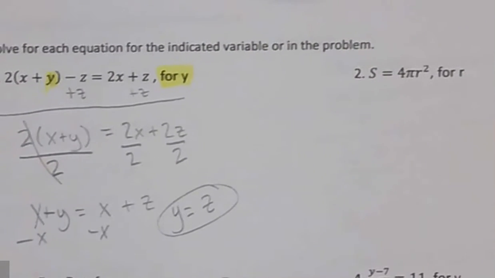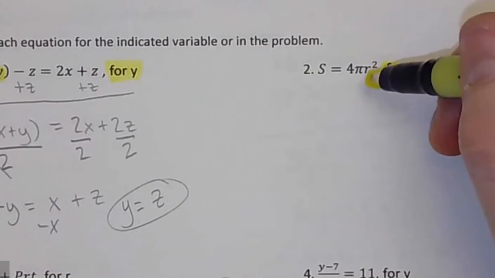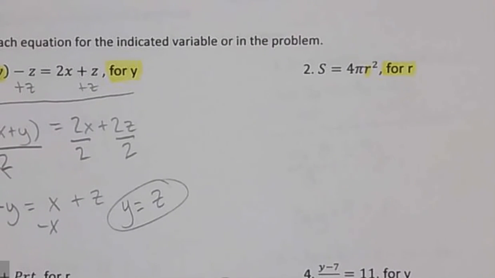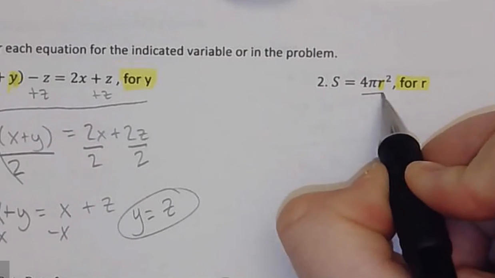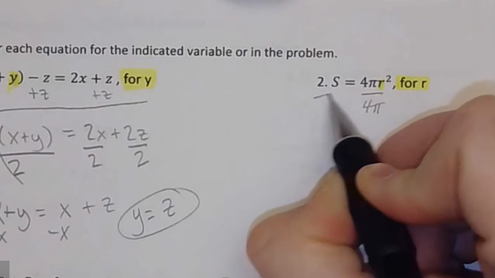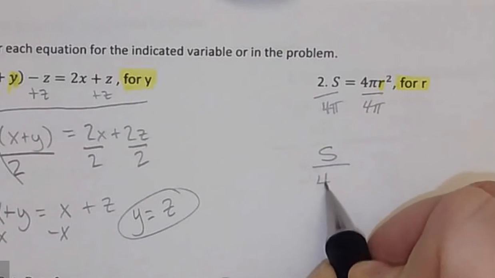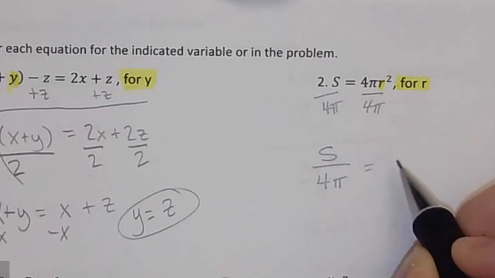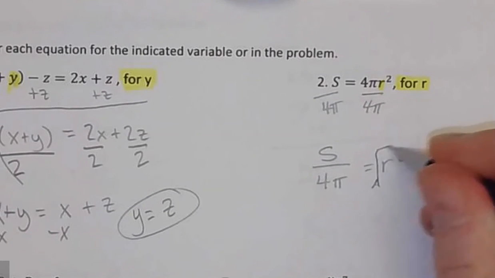On this next equation, I'm going to solve for r, as it told me to. That means I'm going to solve for this little guy here. I'm going to first divide by 4 pi, because I am multiplying by 4 pi. So I have s divided by 4 pi equals r squared. We're going to take the square root